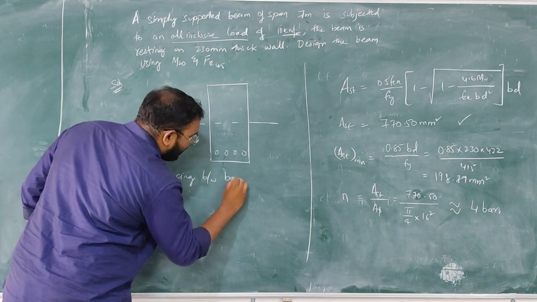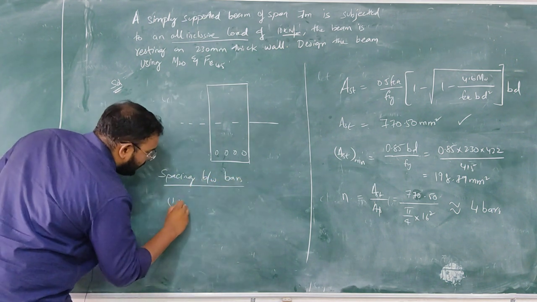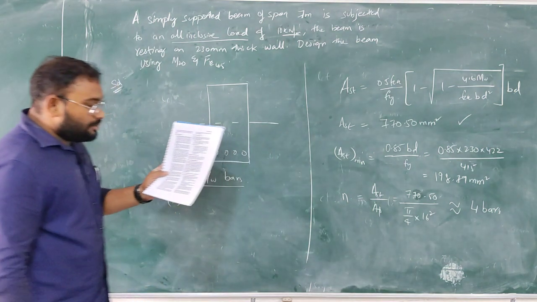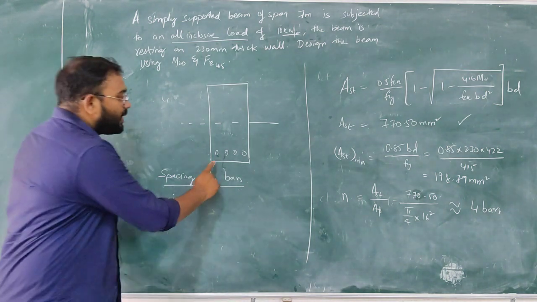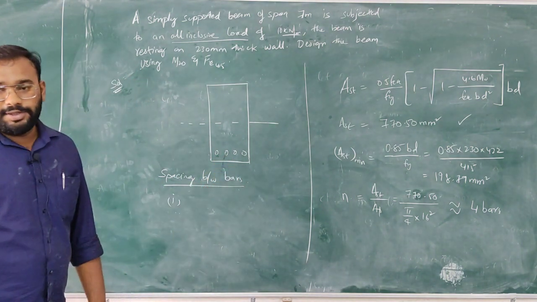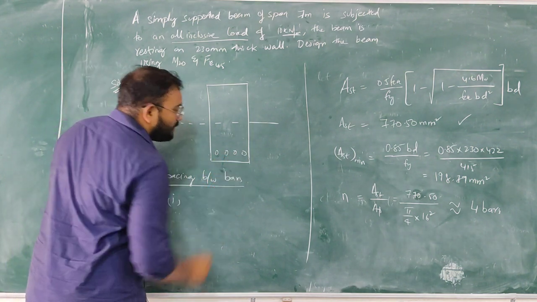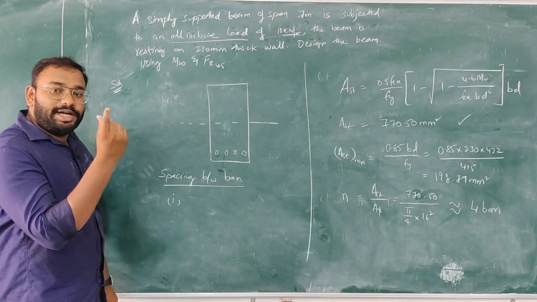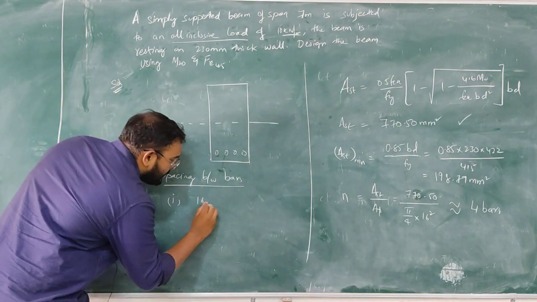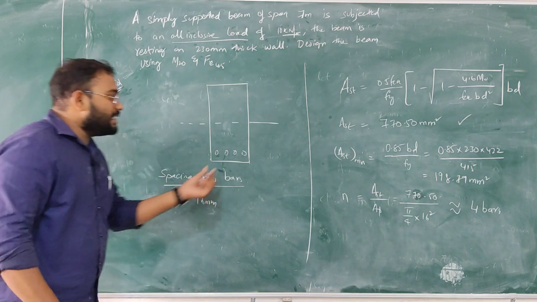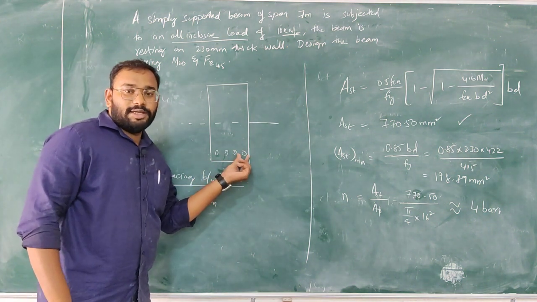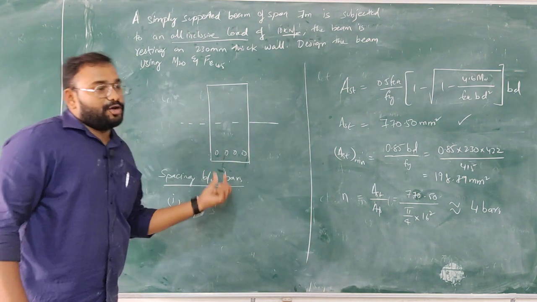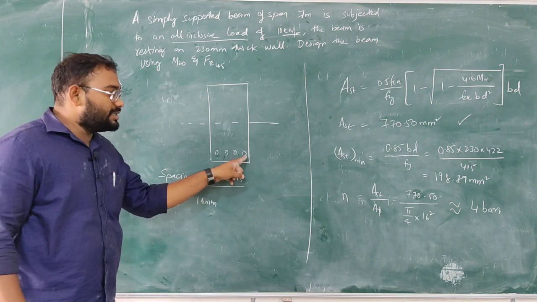Spacing between bars. Okay, now the first one: it is given to you as the diameter of the bar if the bars are equal. Now you are providing all 4 bars of the same diameter. So the spacing based on the first condition is telling you to leave a spacing equal to the diameter of the bar, so this will be 16 mm. You are providing 16 mm diameter bars, so the code is suggesting a spacing equal to the diameter of the bar.